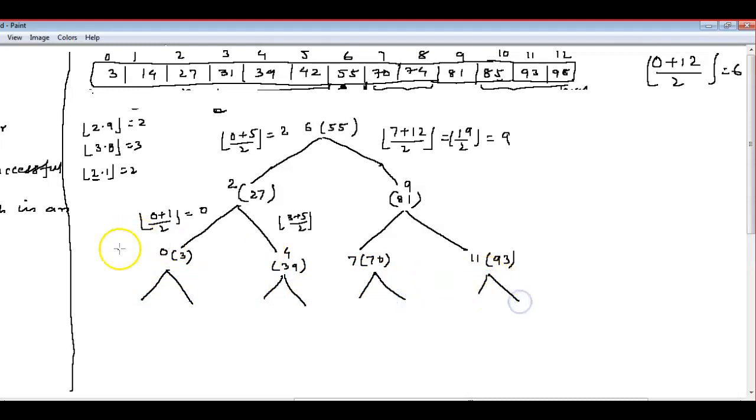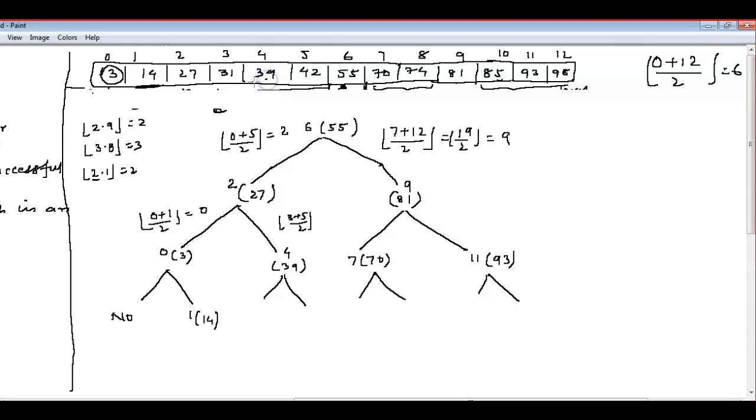So for 0, on the left hand side no element is there, right? So you can write no. On the right hand side, which element was here? 0. Hmm, right side, which element is there? This one, 14 only, because 27 is divided and the midterm is 3 only, no? The midterm becomes 3, the left hand side is not there, the right hand side 14 is there. So only one element is there, that is 14.